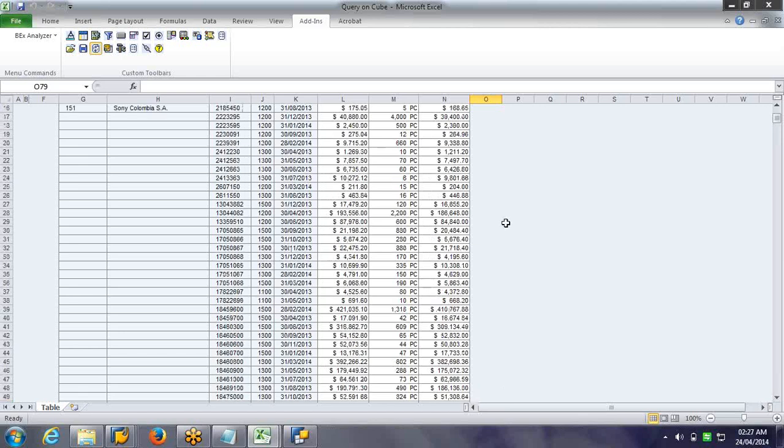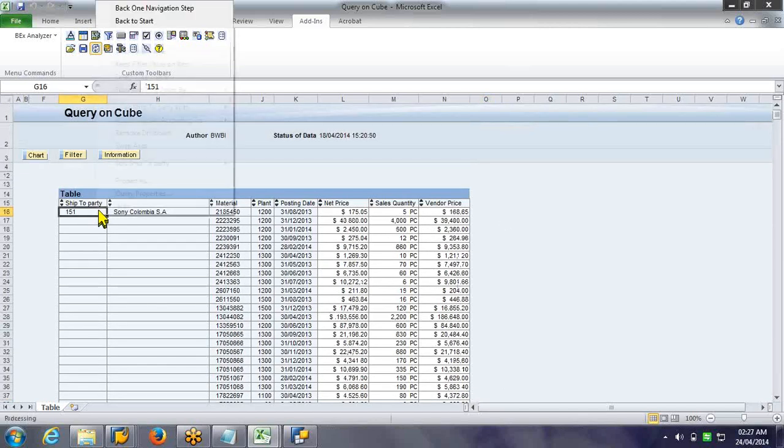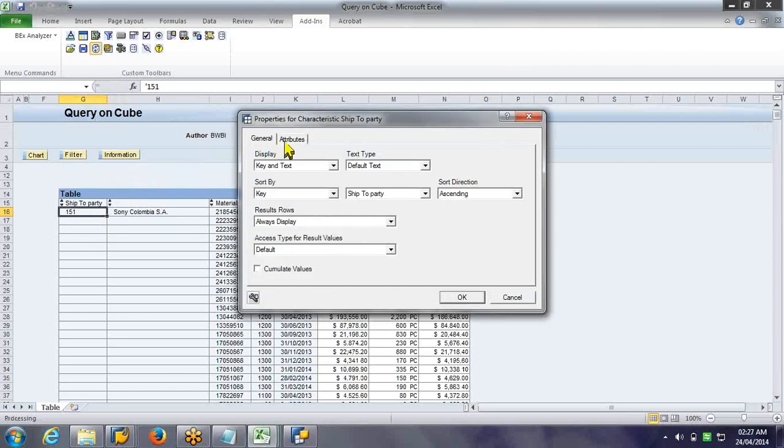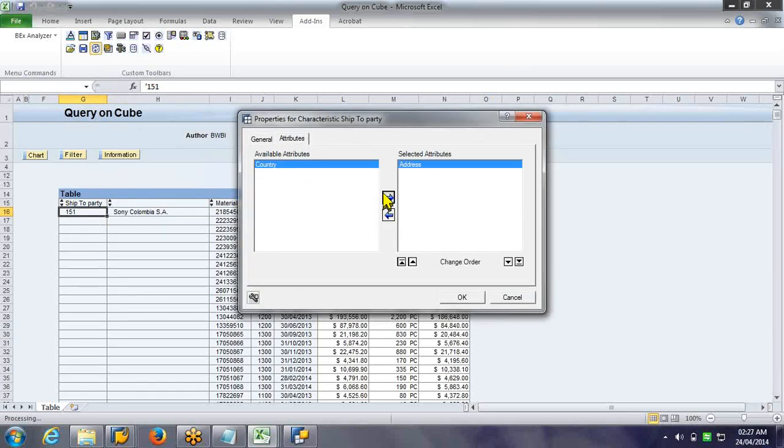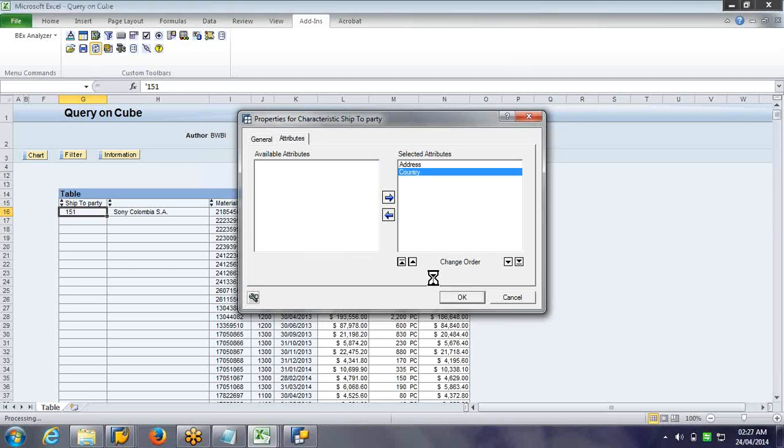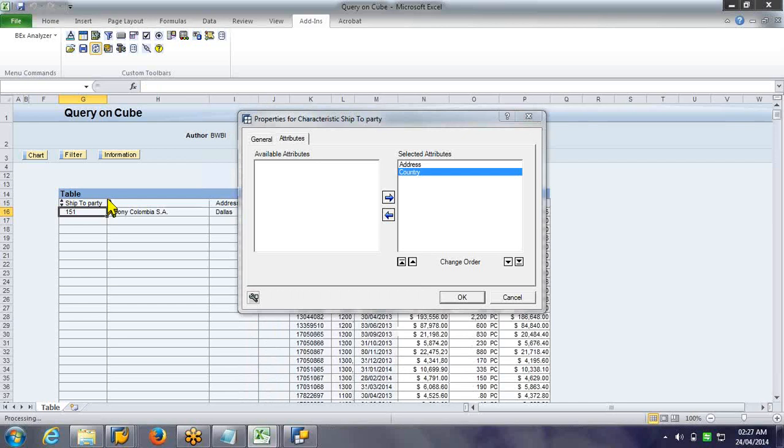Now my point is, what the user can do: right click, properties, attributes. He can add country, he can add address, then he can see the address and country for the corresponding ship to party.